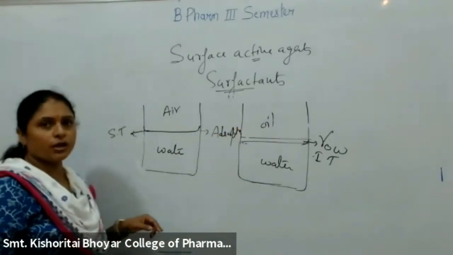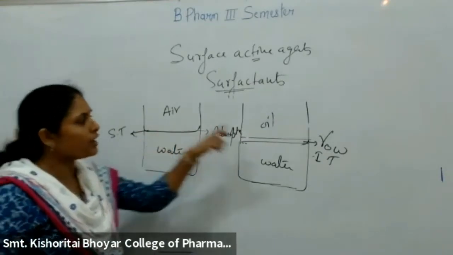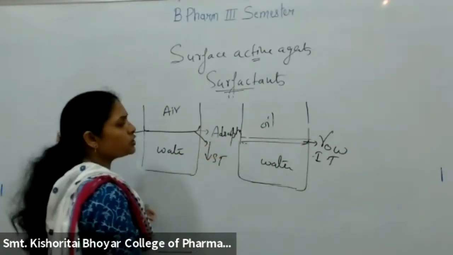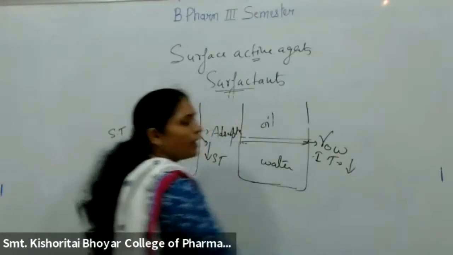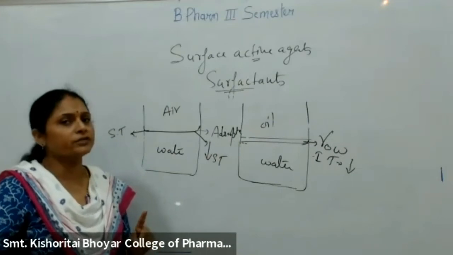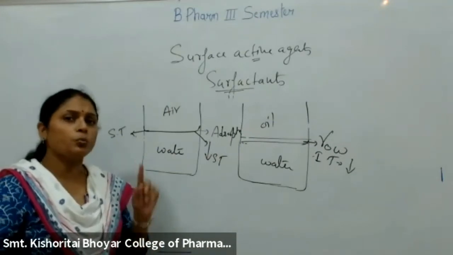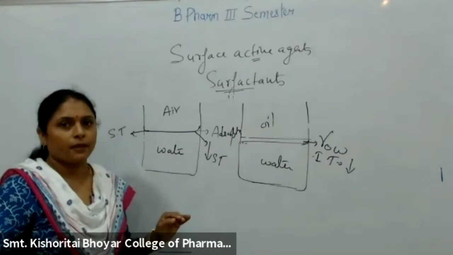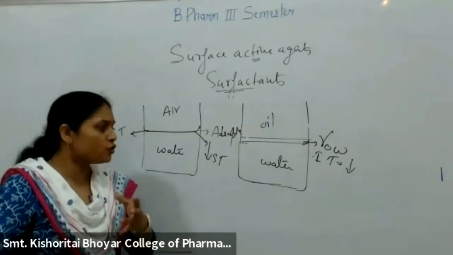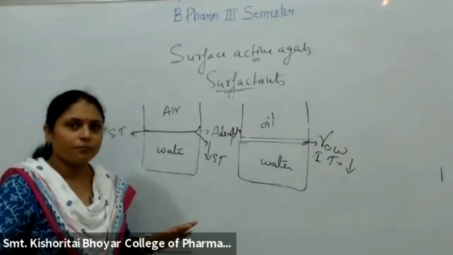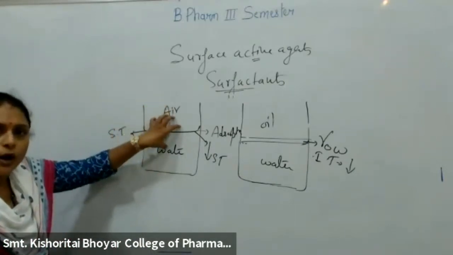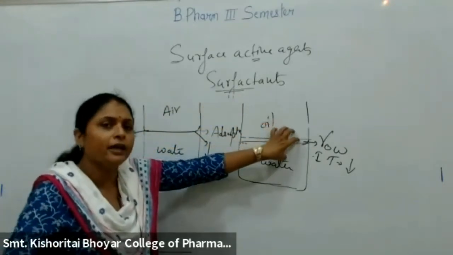And when they are adsorbing onto the surface or getting adsorbed at the interface, they are able to decrease surface tension, and here they will be able to decrease the interfacial tension. This is the important property of surface active agents, because of which they are able to perform a number of functions. It is used as emulsifying agent, suspending agent, detergent, and for spreading purpose. बहुत सारे functions हैं, and it is able to perform them only because it is able to adsorb at the surface or at the interface.